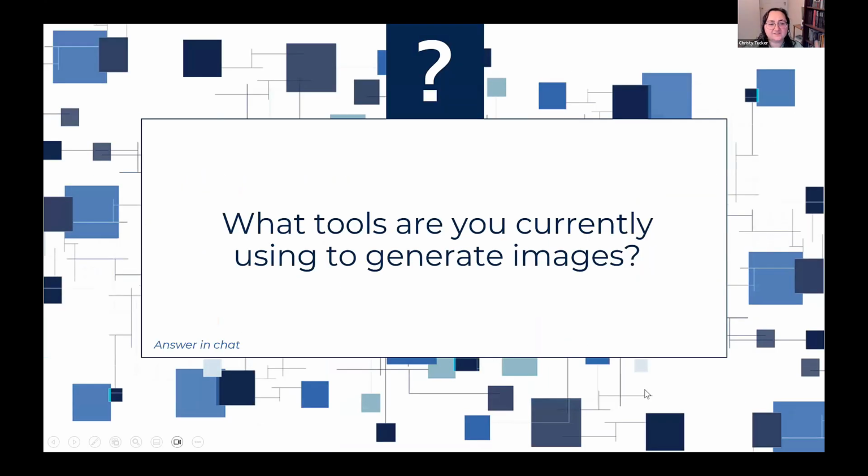So to give me some idea what tools I'm going to talk about, for those of you who are doing AI images at all, if you're not doing AI images at all, can you let me know that in the chat as well? But can you in the chat let me know what tool or tools you are currently using? If that is a Canva, ChatGPT, Copilot,